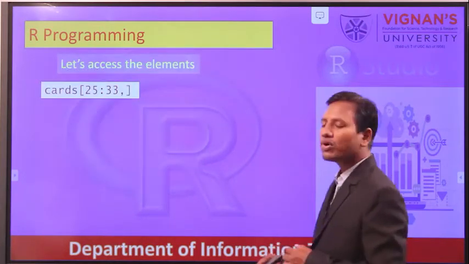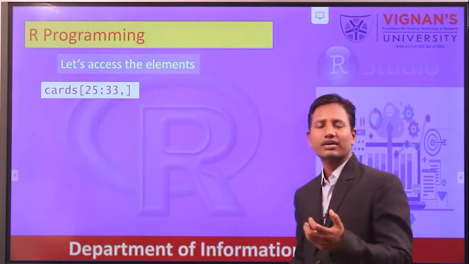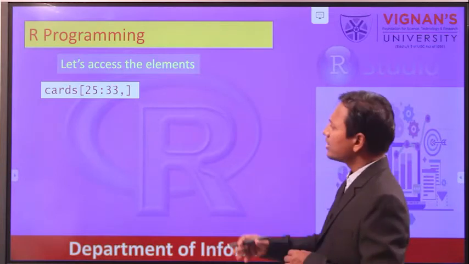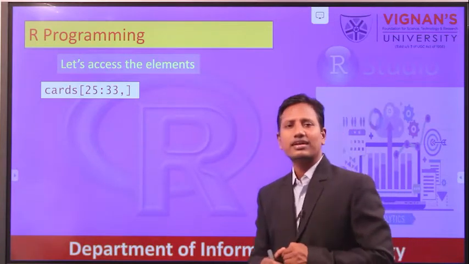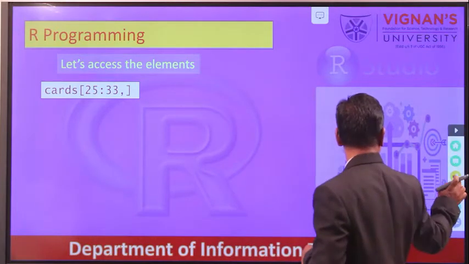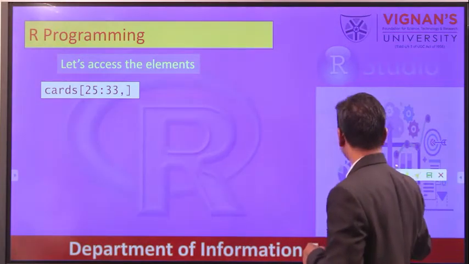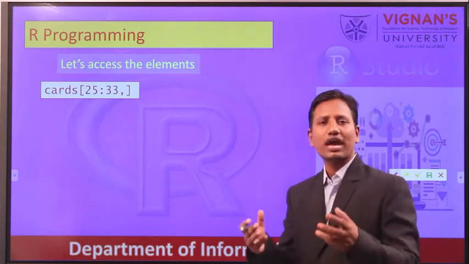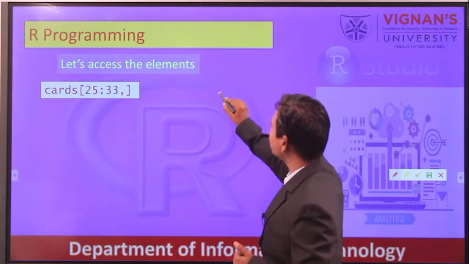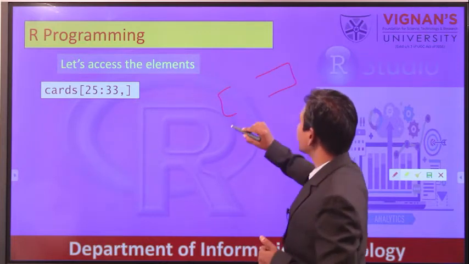Now how do we access the data from this data frame? We know that cards is the data frame, and as we have learned in the second unit in the topic of how to access data, a data frame is accessed in two dimensions.